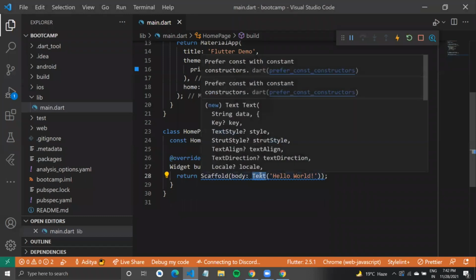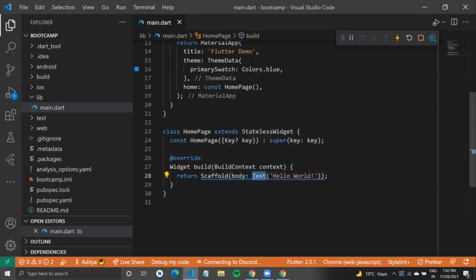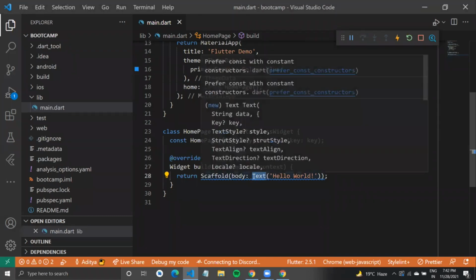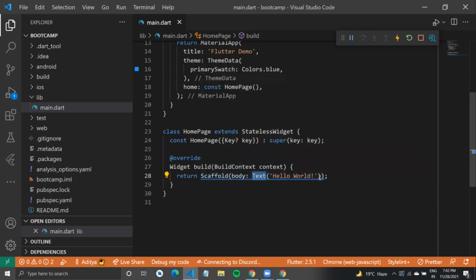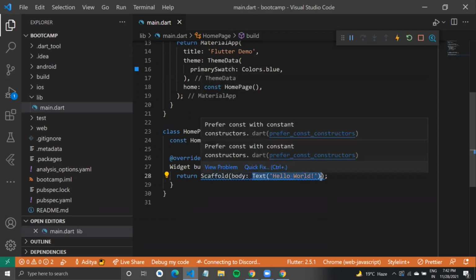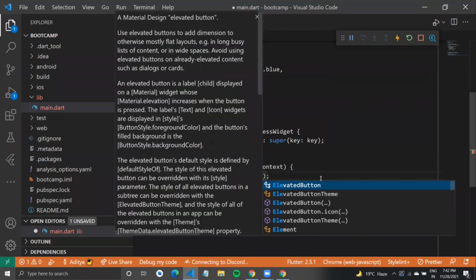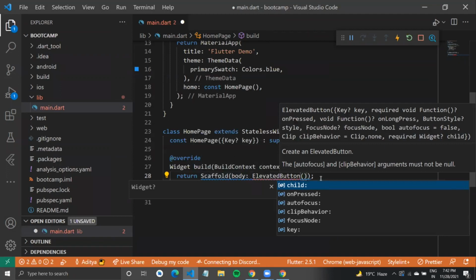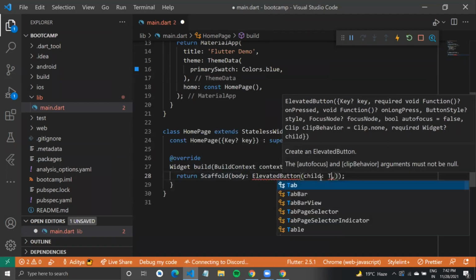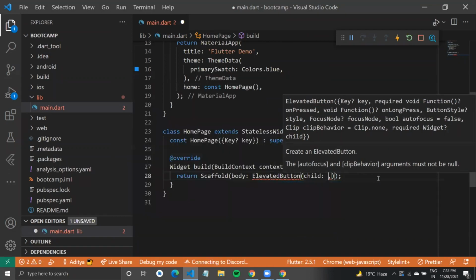Maybe you want to show a button. So how would you do that? There are different button options available. I'll get rid of this text widget. Instead, I would use an ElevatedButton, and it takes in something called child, which is again the text.